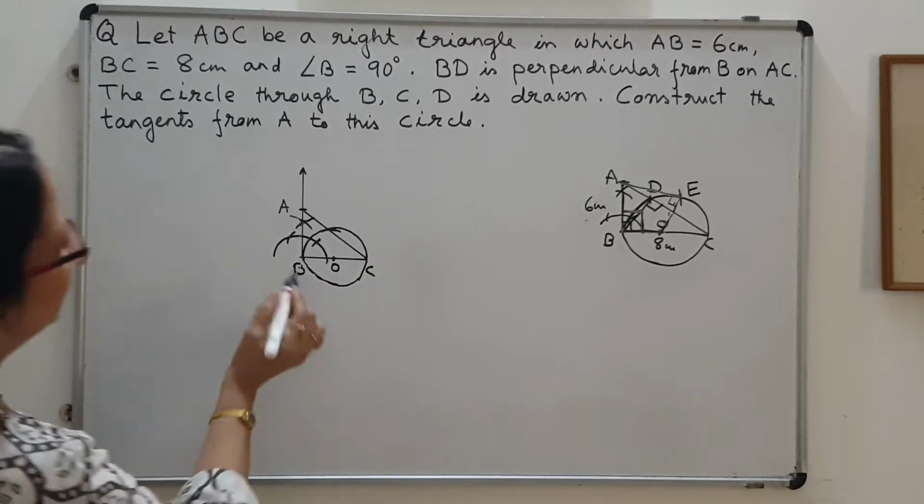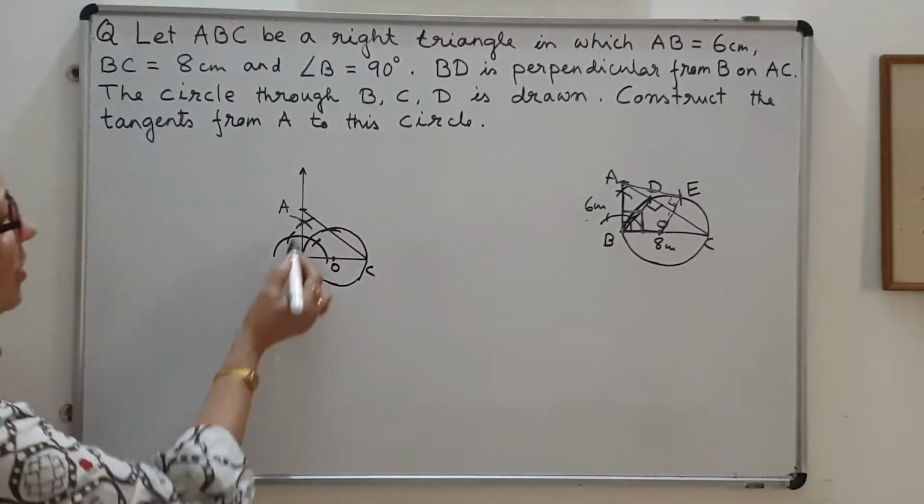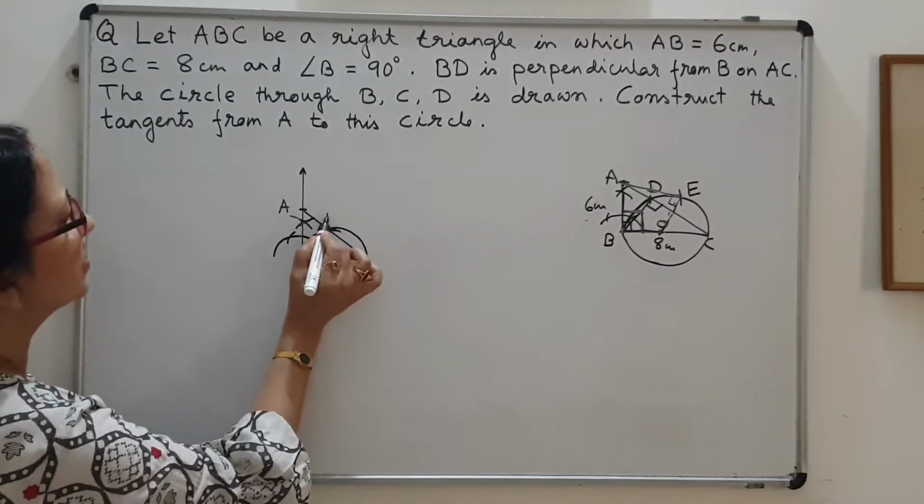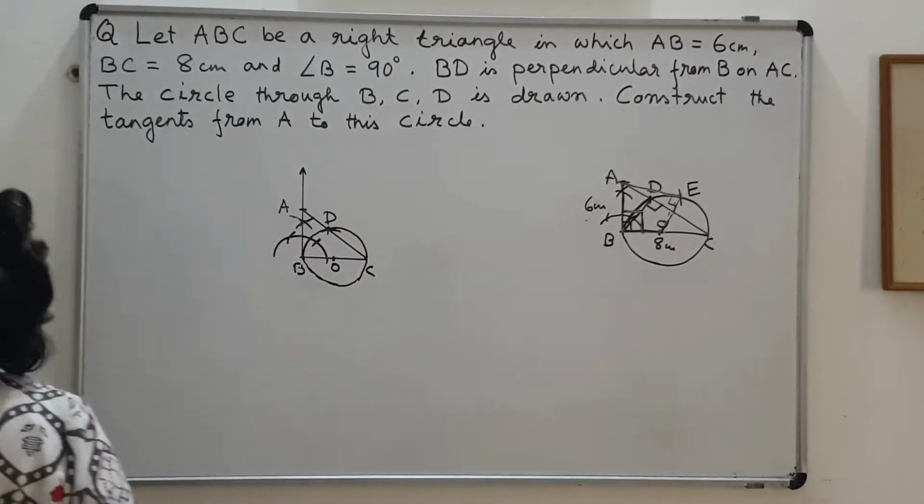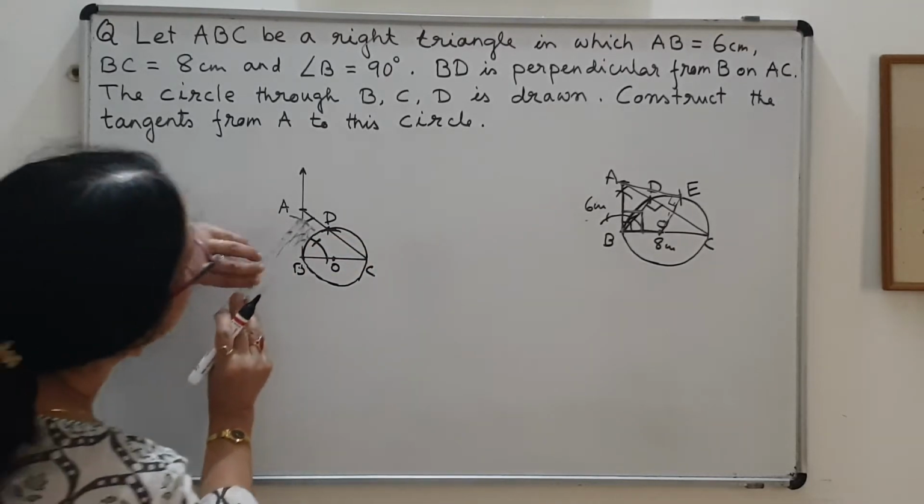Okay, something like that. I have drawn a circle. Now this point of intersection will be our D. So if I join BD,